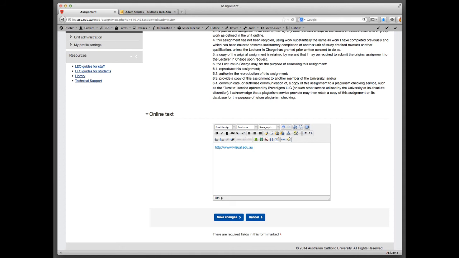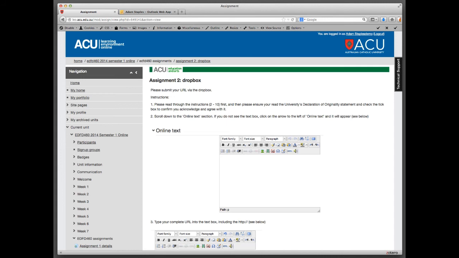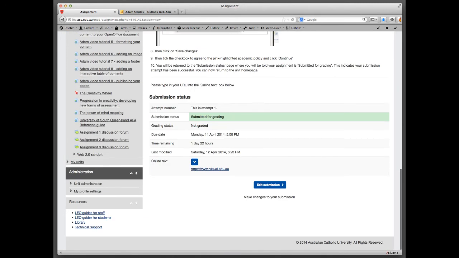And now my URL has turned blue, and when I run my mouse over it, you'll see that there's a line appearing underneath it, which means that it's a hyperlink. I'm then going to click on Save Changes. It takes me to the instructions again, so I'm going to scroll all the way down, and you'll see there that under the submission status it is saying this is submitted for grading, which should be highlighted in green, which means you have successfully